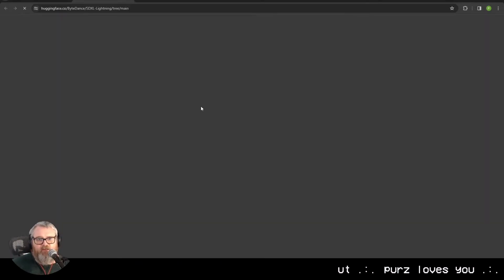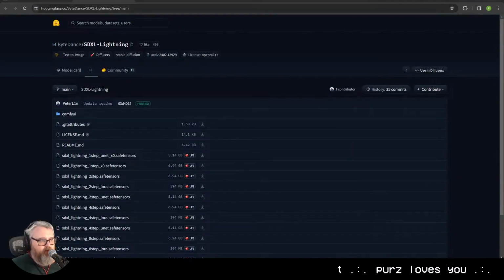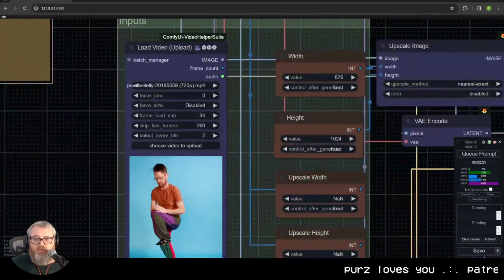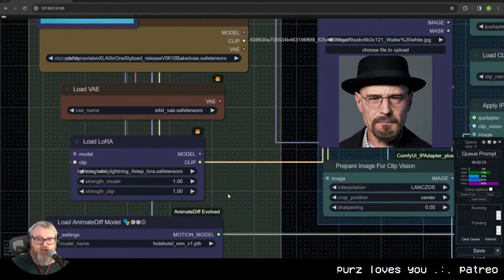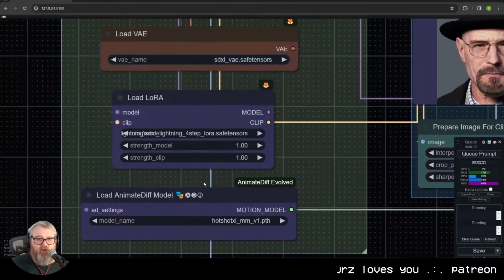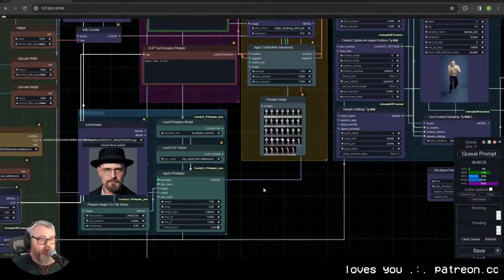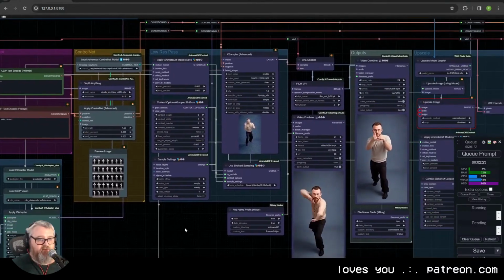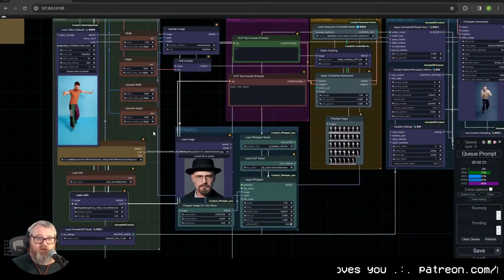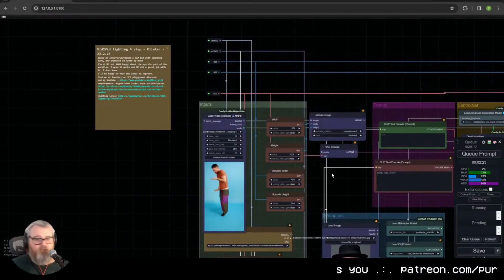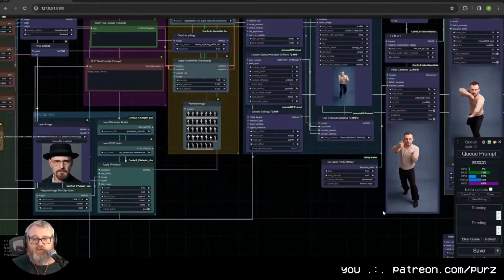It works really well for this process. And then you'll need the Lightning LoRas. We're using the 4-step LoRa here, and that just goes in your LoRa folder. So download this Lightning 4-step LoRa, put it in your LoRa's folder, and then we will just load it with the LoRa loader, and you're off to the races. You can just install that workflow, install those models, and basically upload your footage and hit go. We'll walk through this workflow and how it all works together and why it's possible to get such cool